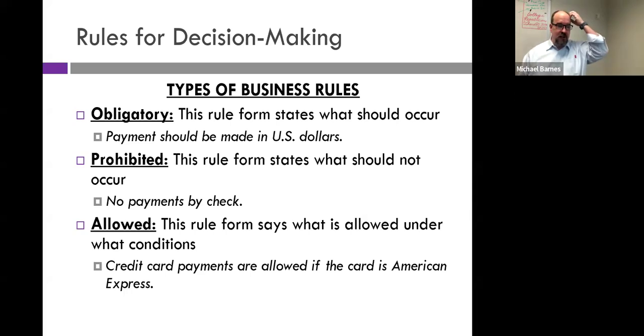And then the allowed rule says this is what is allowed under certain circumstances. Credit card payments are allowed if the card is American Express. So as you can see here, we have payments made in US dollars. That's our obligatory rule. The prohibited rule says no payments by check. So the interpretation of the allowed rule is saying, assuming that we understand what we should and should not do, we need to understand what is allowed and under what conditions that's going to be allowed. And this is a really weird one, simply because I've never seen a company say that credit card payments are allowed if it's American Express. Usually most companies say no American Express, but I like to be contrary in my slides. So